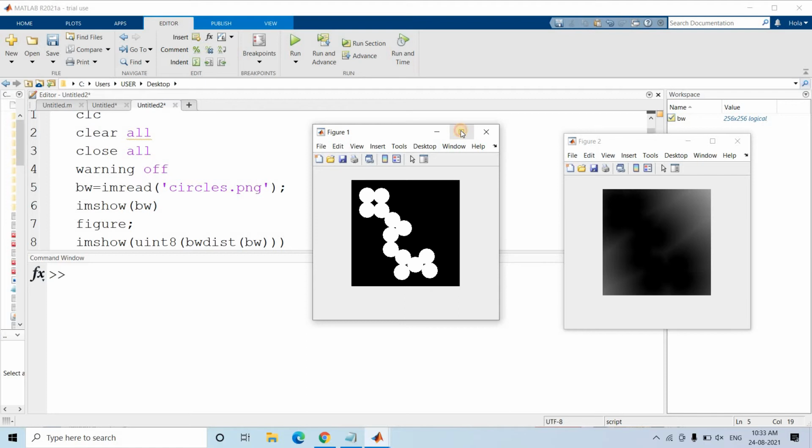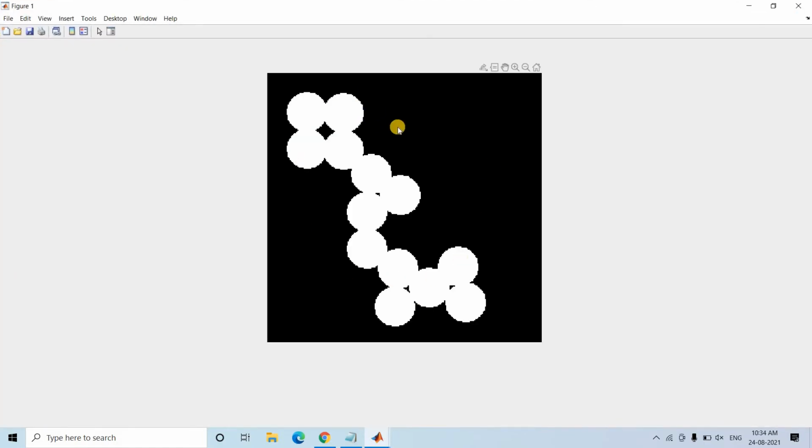Now let's see one more approach. Suppose we complement this image and then take the distance transformation, what might happen? If we complement this region, the white part will become black and the black part will become white. Now the center, in the complement of this image, will have the maximum distance from the white region in the complement image, right? So the center will become maximum brightness. If we take the negative of that image, then the center part will become the deepest part. So that approach might work.